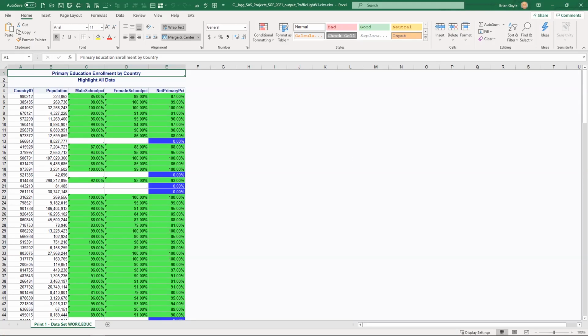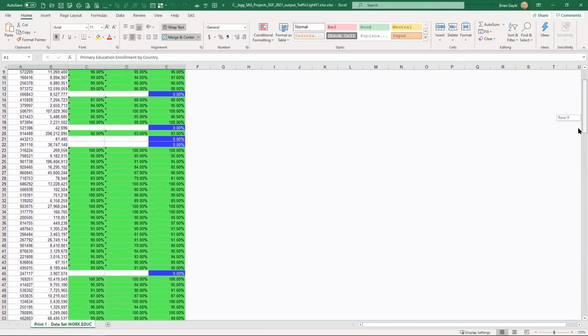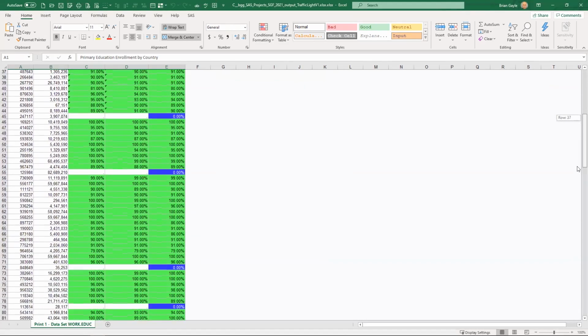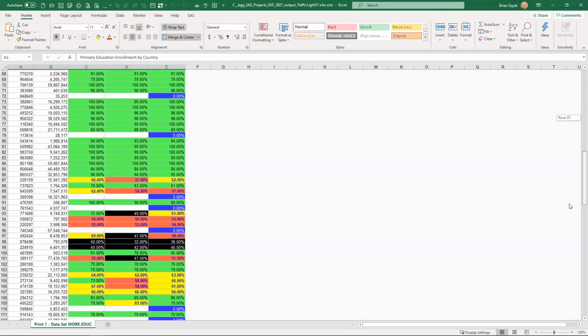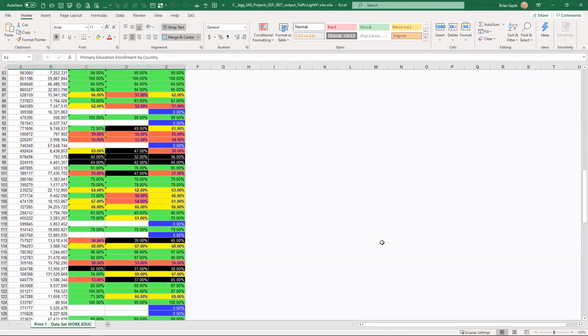And then we have a tab that is generated for us, and SAS made up a name, dataset work.edu. We see that the titles got in here. Here are the column headers. And I can scroll down, and the titles and the column headers scroll off the page, but all the data is there and all the coloration is there too. And these are individual cells still, so that we can do Excel work with this data.